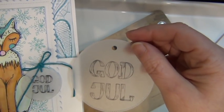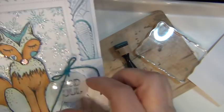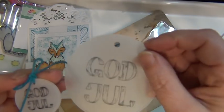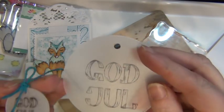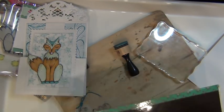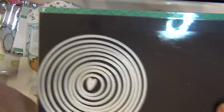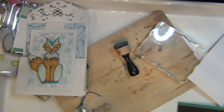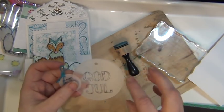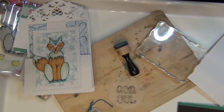Because it's this size from the get-go, so I have stamped it on shrink plastic. In this case I stamped it on the shiny side, and in this case I actually stamped it on the rugged side. I die cut it with a circle die. I'm thinking it might be either Rocks stamps or Gummiapan. I chose one of these sizes and I just randomly chose the size, and before I started shrinking things down I actually punched a hole with